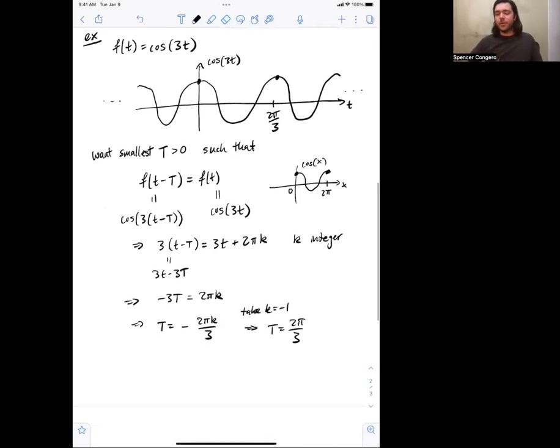Okay, but that was a lot of work. We don't want to have to do that all the time. And so we can kind of jump to the conclusion a little quicker. And then after this, we'll even jump even more quickly. So alternatively,